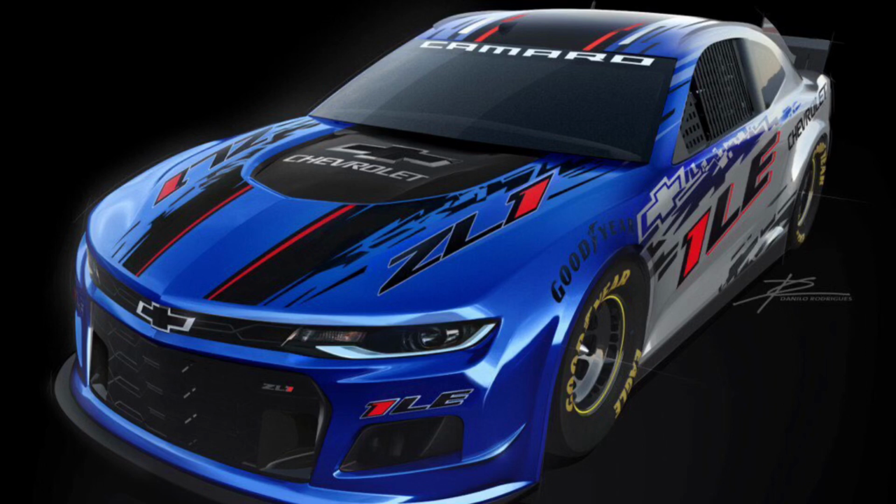Chevy has a new car. If you haven't seen it, I'll be showing it over my face right now. But anyways, it looks all right. It looks pretty similar. There's obviously a couple differences. Obviously, the nose is not as pointed as this year's car. Last year's car was the ZL1. This year's is the 1LE ZL1, technicality stuff. I'm not really a genius on what all that means, but